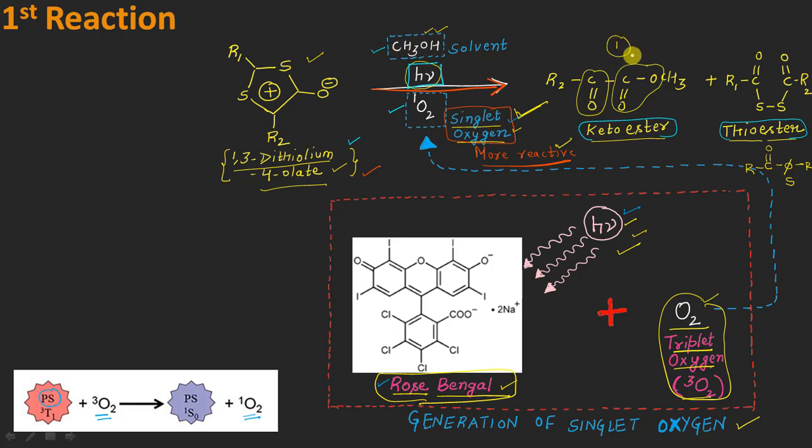first product molecule, that is a ketoester, and then some intermediate, which was the thiocarboxylic acid. Let me write here the thio R1C double bond oxygen and SH, right? So this thiocarboxylic acid will further react with oxygen in the presence of hν, resulting in the formation of the second product molecule, which is this thioester molecule, right? So this is all about the very first photochemical reaction.